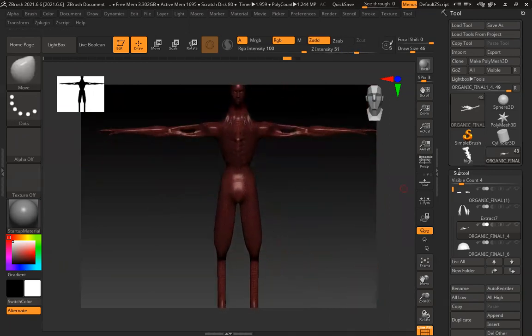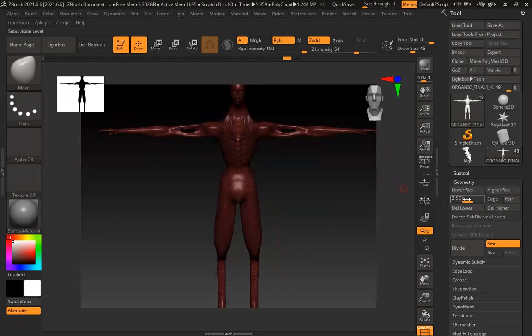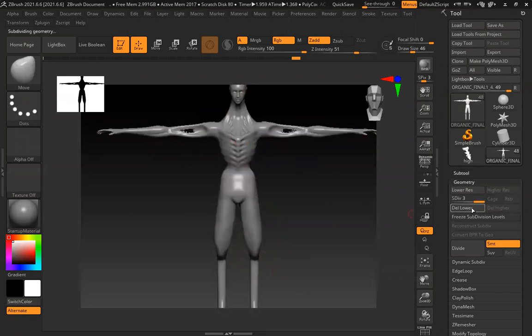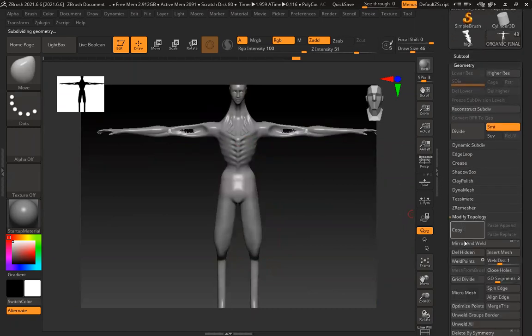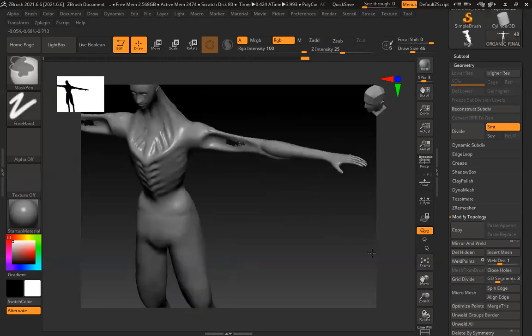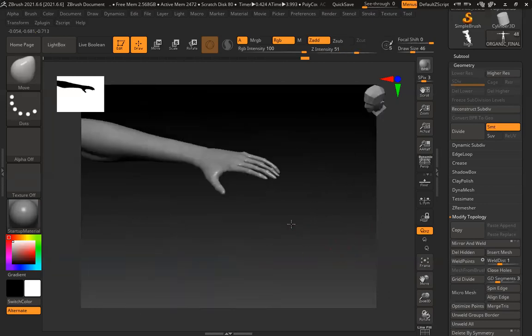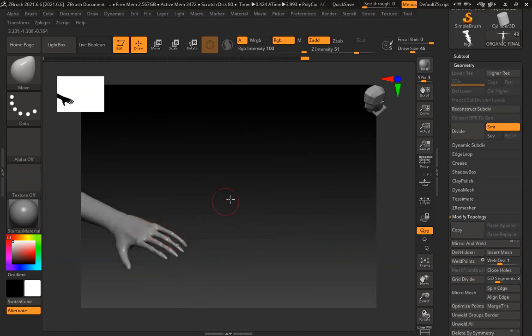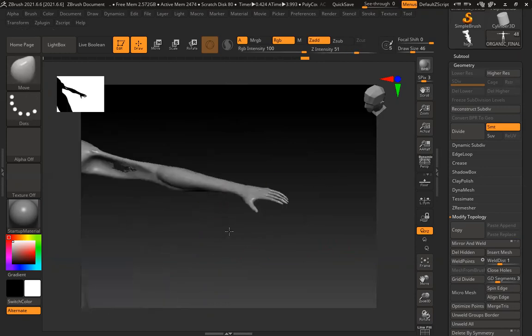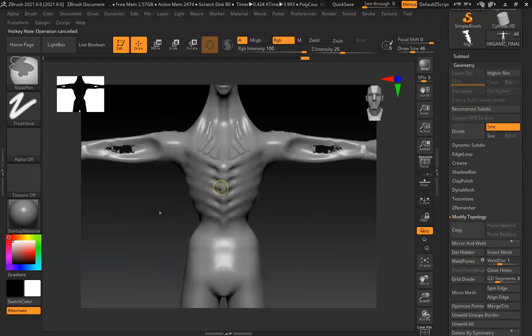All single structure. Yes. So now the issue is on the left side. So what I can do is go to geometry, whatever the subdivision level is, and delete everything. Then Topology, mirror and weld. Click on this. It will mirror the model, and this hand will be fixed. You can see. Gone. Oh okay sir, so this always works left to right, not right to left. Always. If your left side is correct, you can always symmetry it. So this will fix the problem.